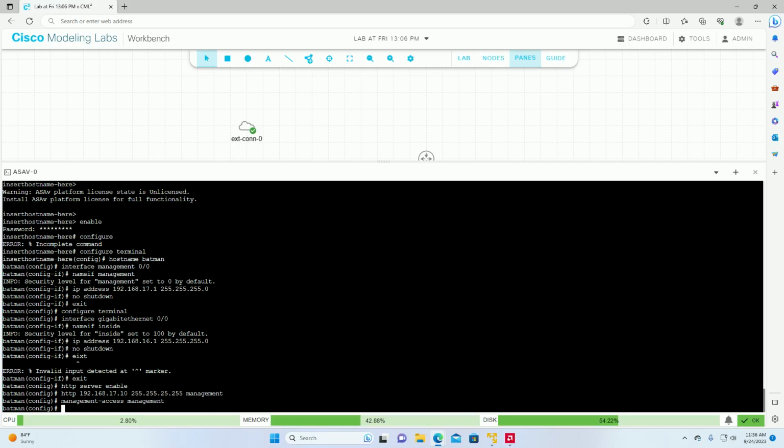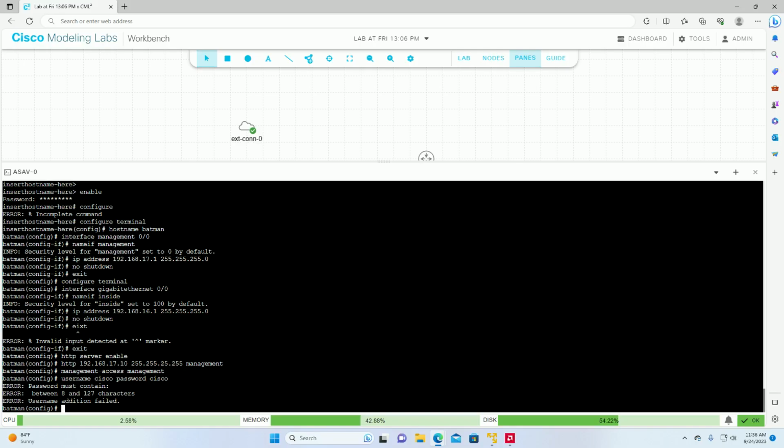And if I had the ASDM software, what I would have done here is I would have done a username, Cisco, and then I would have given a password for the ASDM, and I would just put Cisco, okay? And then: password must contain 8 to 127 characters. User added failed. So